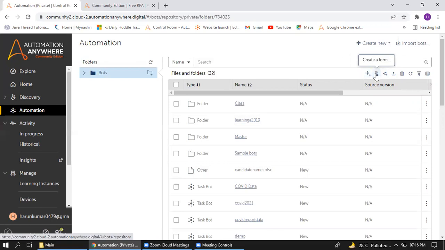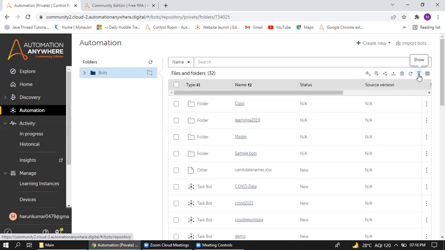Here we can use forms, like Google Forms, different forms we can create for taking the input from the user. Then we will be able to create a process that will be the integration of child bots. Then uploading the files, nothing but from desktop to a local server to the cloud. Next, this will be used for deleting the checked items. Here we can check and we can delete items. If, for example, we uploaded the files, then we can refresh, and it will be available in this palette.